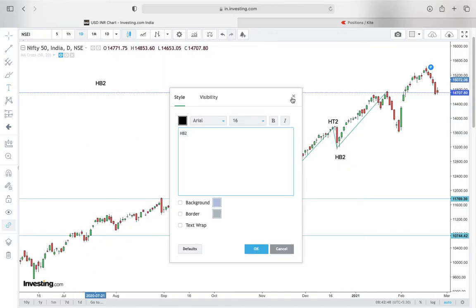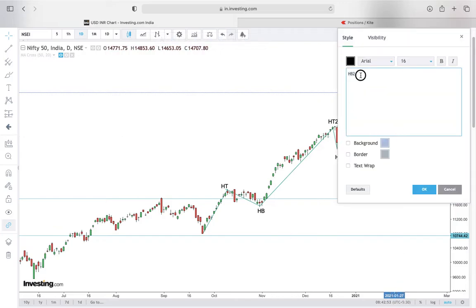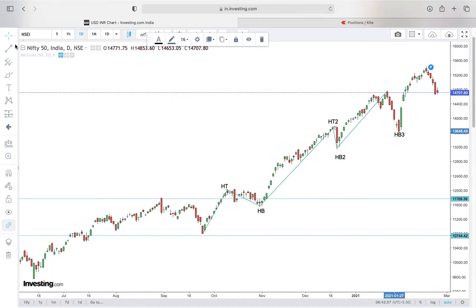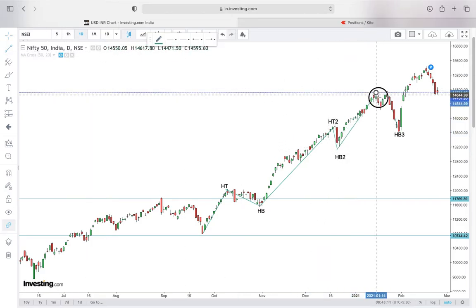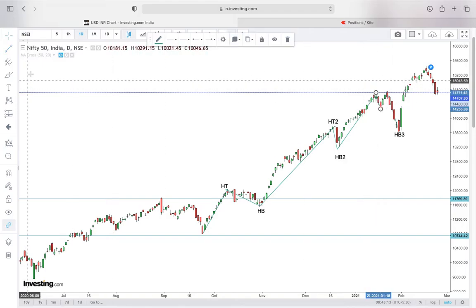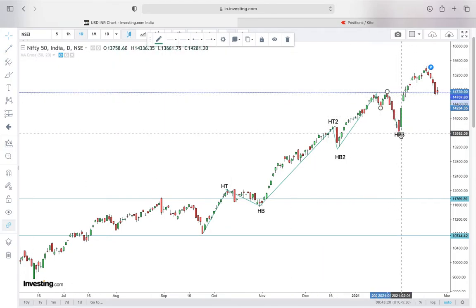Sorry, this would be higher bottom 3. So another way of looking at it is basically, if I just break this right till here, we will see that after creating this higher top, we can see the sub price action. This really plays out in the hourly charts very well. We see a formation of an M pattern right here, and this M pattern corrected itself into a higher bottom